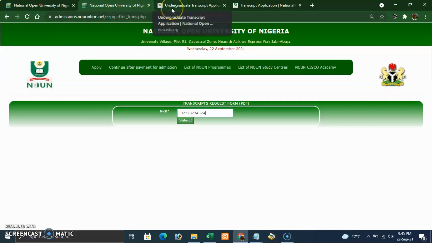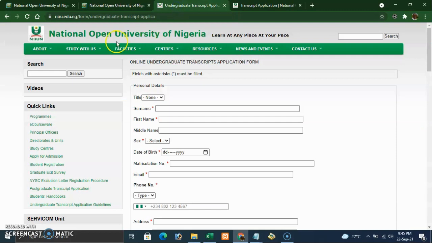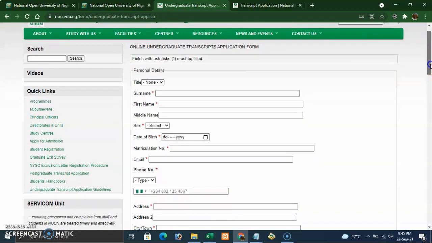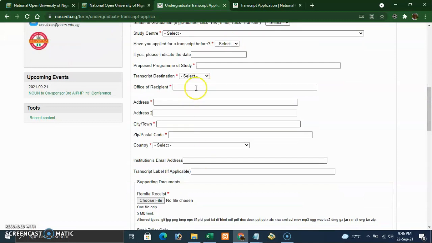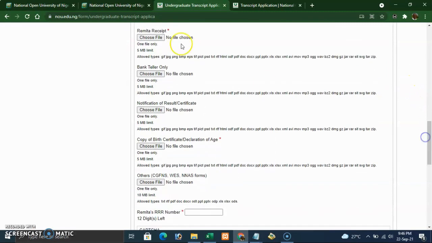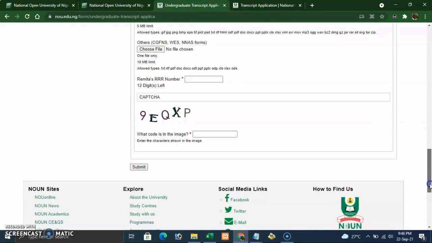Okay, now if you were to submit it online, you go to this other portal. Look at that, NOU, then undergraduate transcript application. This one has both undergraduate and postgraduate forms, and you can submit them online. You fill the forms here and submit. That's it. Fill the forms and that's all. You attach the required receipts: the remitter receipt, the bank teller, notification of results, birth certificates, and other requirements. You upload them,